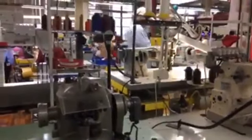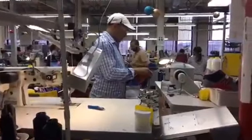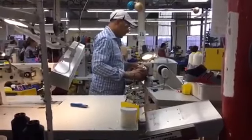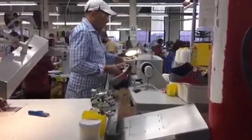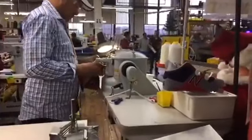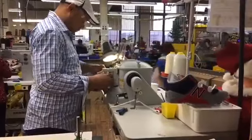So again, this is that final step where we're taking that outside shape and we're putting what we call the sock on the bottom. And we do a final stitch, you can see as we come around here. That really gives it that final shape to get it ready to do the assembly. You see it's a pretty unique stitch that we use all the way around. This really is what ends up giving it the final size, so we can change out this inside sock to give you the different widths in the different shoes that we have today. We change that out depending on what size and